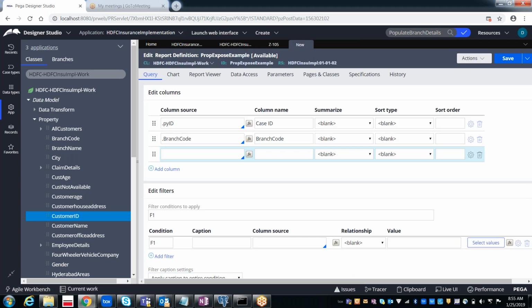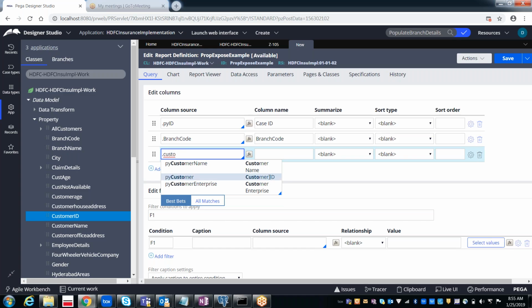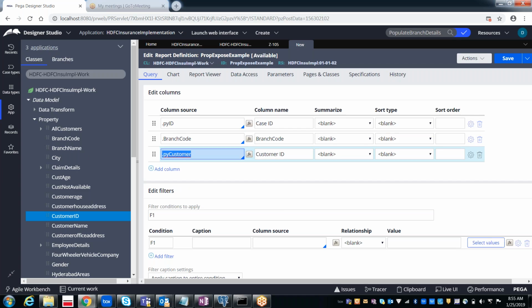Done. It's completed. So now, earlier we were not able to see the customer ID, but now we are able to see the customer ID. Likewise, once after exposing, you can see the properties, the columns in the report definition.